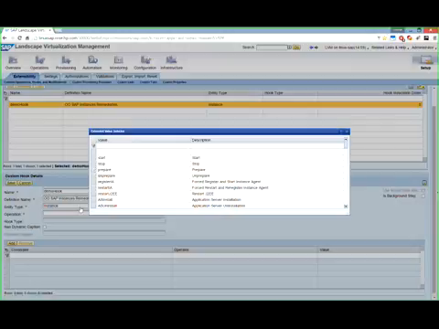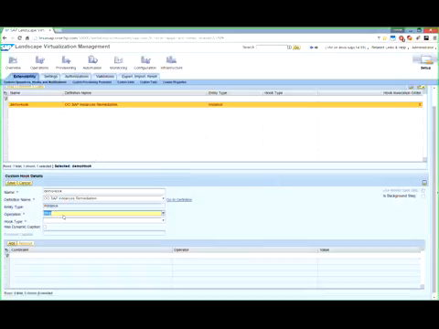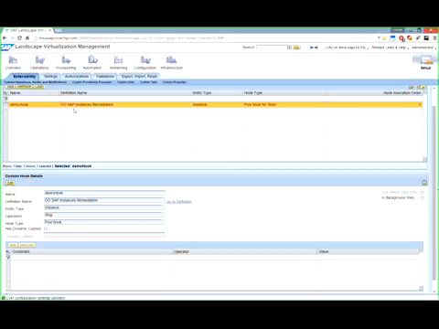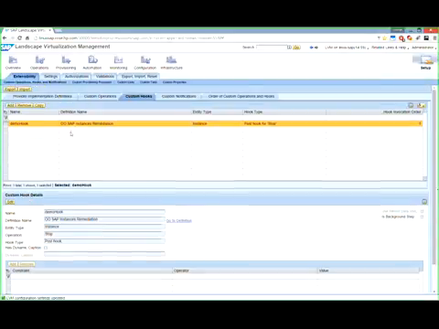You have a list to select from. I'm going to select stop right now. So in case a stop operation occurs, my custom hook will be triggered. And now I define at what point during this stop operation will the custom hook be triggered. So I have a pre-hook, so before, after, or in case an error occurs. And click Save. And now I have my custom hook defined.